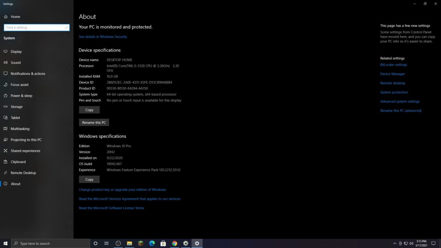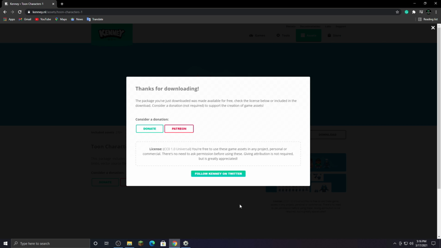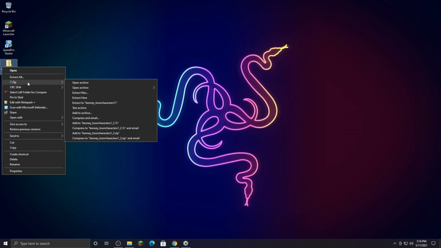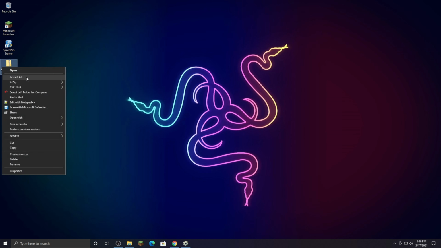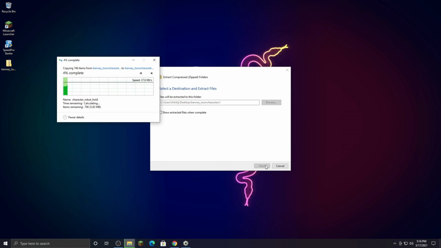So as you can see, I have the 64-bit operating system and 64-bit processor. So I downloaded the 64-bit version of the 7-zip. So for now I'm just gonna do extract all and then hit extract,